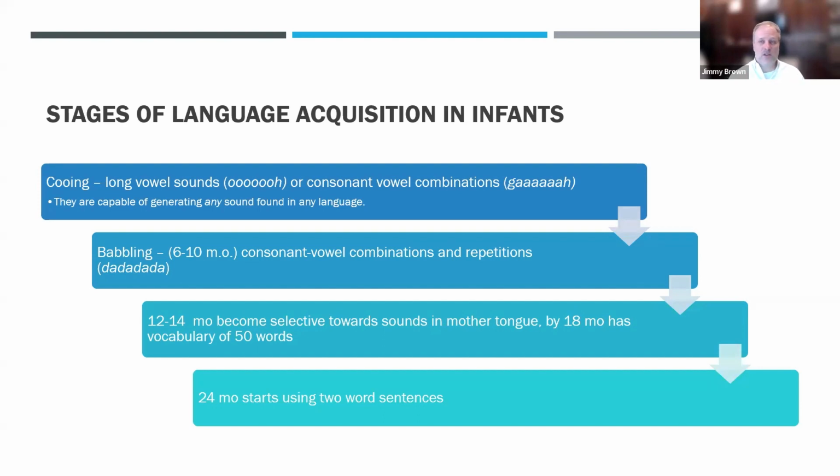My sister didn't talk till she was 24. She was almost 4 years old, and her first words were the sentence, "I do it myself." Prior to that she was grunting and pointing; she had nothing to say. So it depends on the person. There are some general rules there, but again, it's different for each kid.